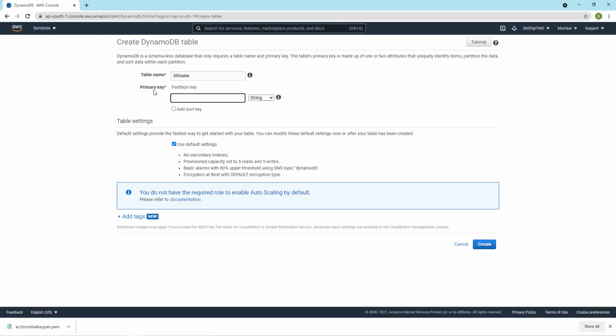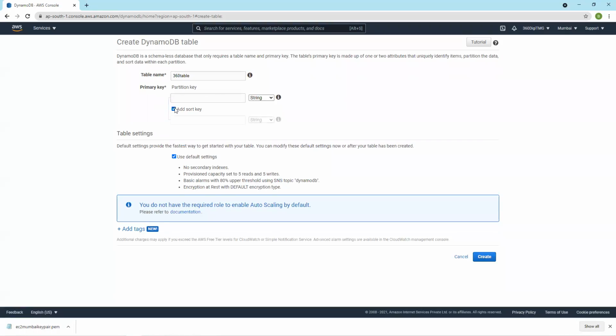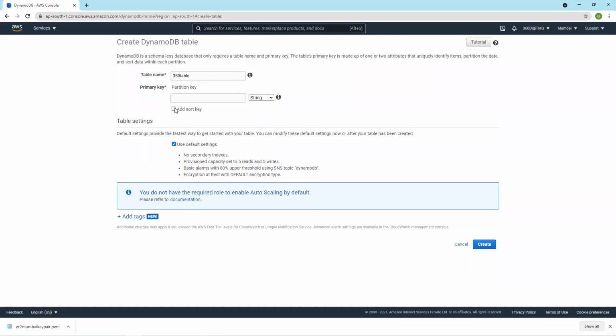If you don't go for sort key, then that primary key is called a regular or simple primary key, or if you go for add sort key, then we call it a composite primary key. That means primary key has two parts, partition key as well as sort key.